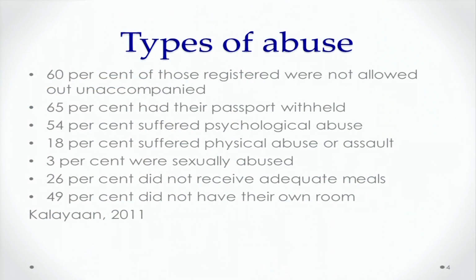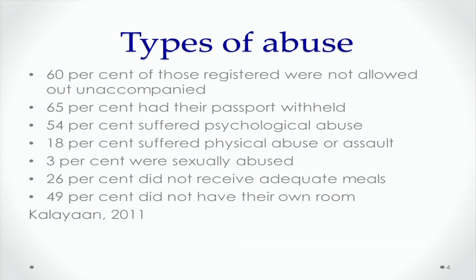What are the types of abuse suffered by domestic workers? That is just a small example, but of course there is a lot of information online in various reports. So according to data found in a report by Kalayaan, a London-based NGO, from domestic workers who registered with this organization, about 300 people every year. But the data here is just from 2010.